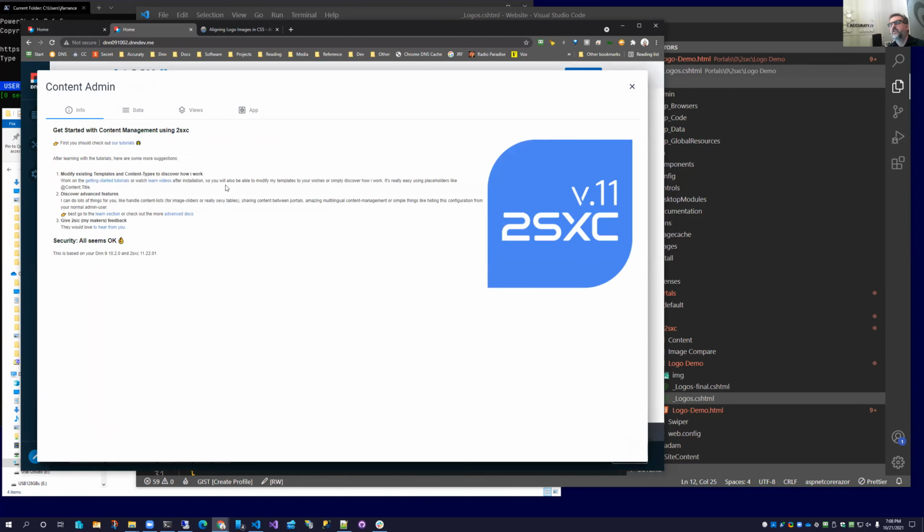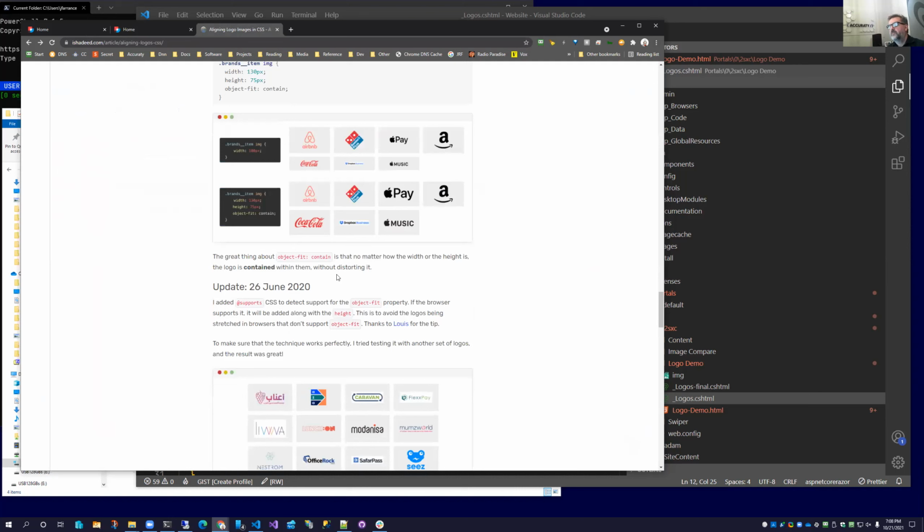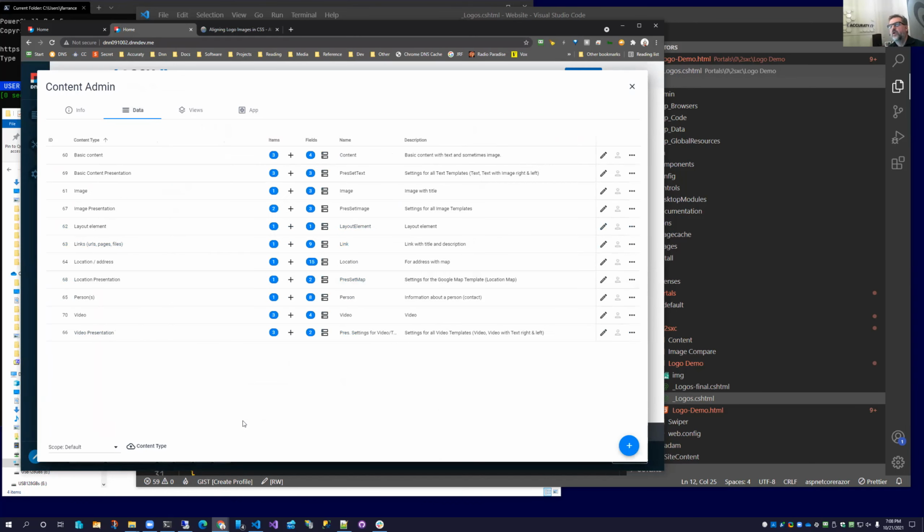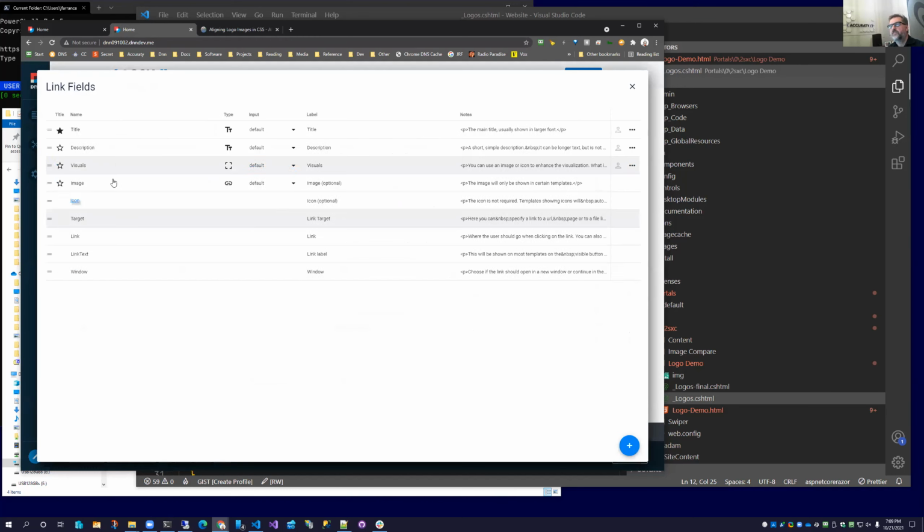And one of the things that's pretty neat about these logos is they basically have the same data type as the content app's link. So lately we've been learning that it's nice not to reinvent the wheel or rethink things. And one of the things that becomes an advantage is you can get used to what the names of these fields are, and it can make your coding go much faster because you just know them on the fly.